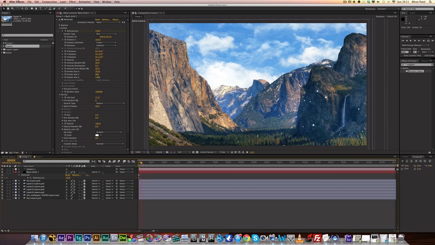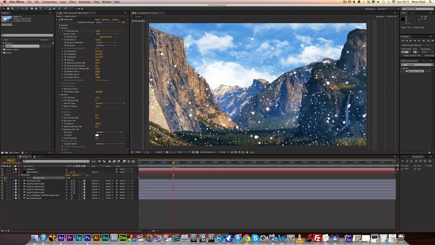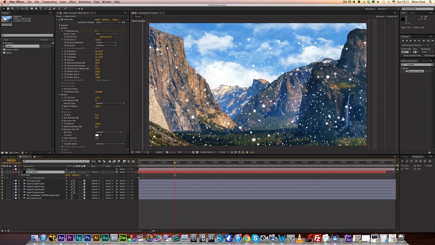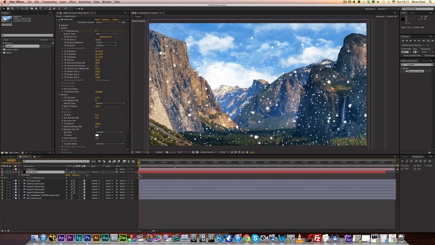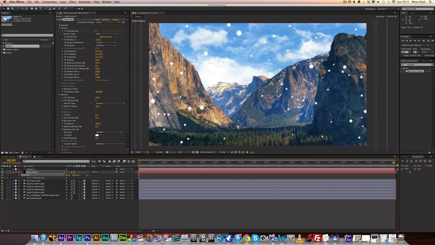I'm going to move across and hit for another keyframe, go forward a frame, and then go to 0. So from this point on, there's not going to be any more particles forming, and I'm just going to move the layer back so that it starts in our timeline at the point where there's no more particles forming. Right, so I want to make sure that this is on 20 or something, so that the particles never die randomly